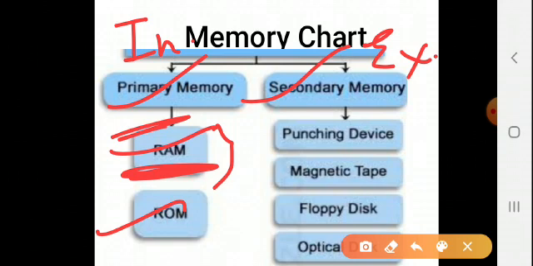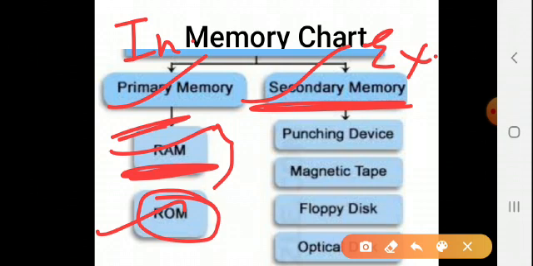Then second one, ROM. It refers to read-only memory that holds the inbuilt information. It consists of instructions and programs fed by the manufacturer to simplify the working of a computer operator. We cannot record data on ROM, only read from it. As the name also indicates, ROM, read only memory. So we cannot record data on ROM, we can only read from it. Understood?